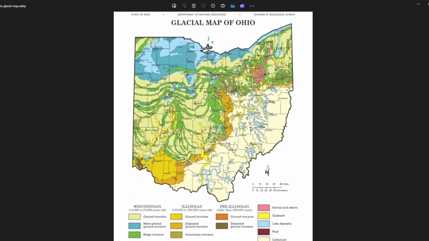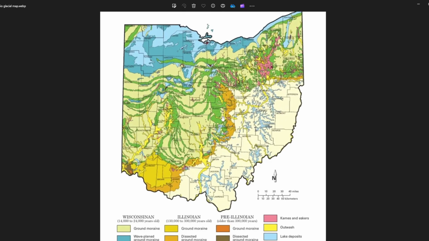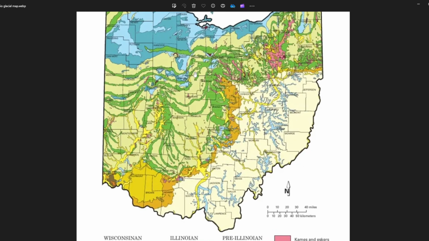So now what you're going to want to look for is what they call an end moraine. Now here they call them a dissected ground moraine, and then there's ground moraines, ridge moraines, wave plain ground moraine, and then regular ground moraine again. Now, I do know these ridge moraines that are in the green that stretch along this way, you can see kind of in a wave pattern. This is where the glaciers stopped and then receded and then started